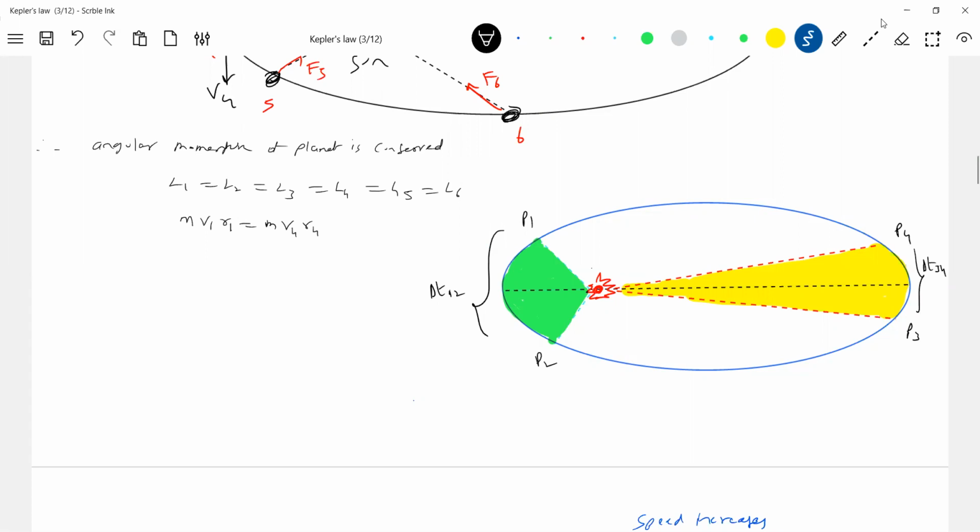You can see some area here, this area. So what is filling that one? S P1 P2 by delta T12 should be equal to S P3 P4 by delta T34. That is what areal velocity is constant. It will sweep equal area in equal intervals of time. What is S P1 P2? Area of that sector. What better we can call that one? A1, and this you call A34, if you want in the form of symbols.